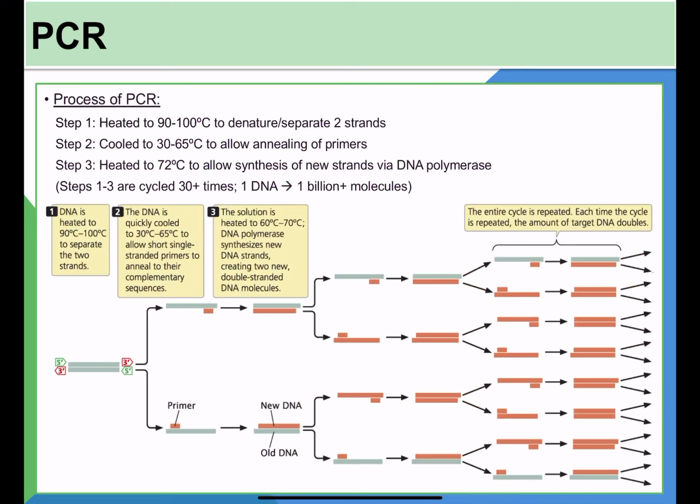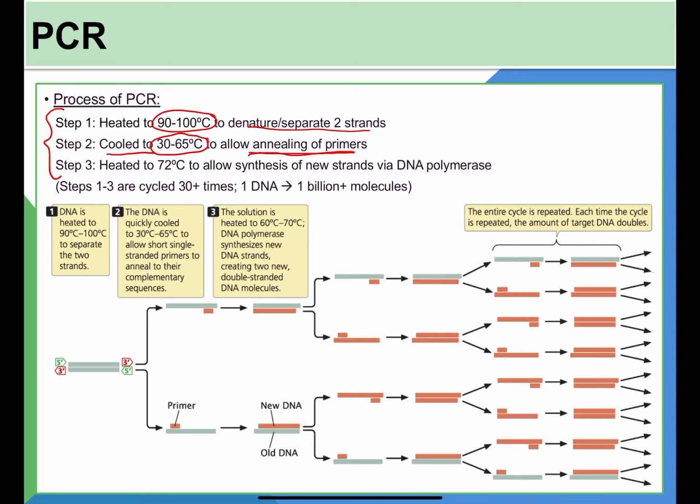So the process of PCR goes through rounds and rounds of 3 of these following steps. So step 1, like I said, your DNA needs to be denatured into 2 separate strands. So the first step is you program the PCR to heat up to 90 to 100 degrees Celsius to denature and separate your 2 DNA template strands. Then, your PCR will be programmed to cool to about 30 to 65 degrees Celsius to allow the